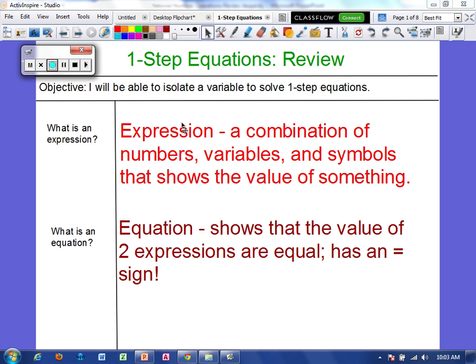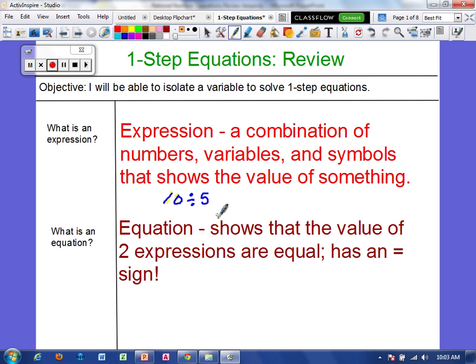So let's talk about the difference between an expression and an equation. An expression is just a combination of numbers, variables, and symbols that shows the value of something. So an expression would be something like 10 divided by 5. Okay, we know we have something there and we're going to have to solve it to find out what the